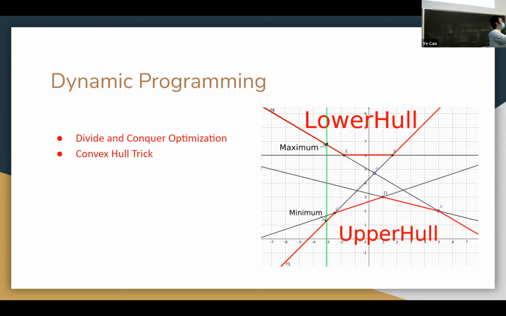If you iterate through all the lines, suppose there are n lines, you're going to do O of n work. However, there is a smart way to group those lines together that allows you an O of log n query, which is very powerful in certain types of dynamic programming problems. As you can see, both of these topics are red listed, which means they are rather advanced and not very commonly seen. But if you want to move into upper division, you should learn this too.